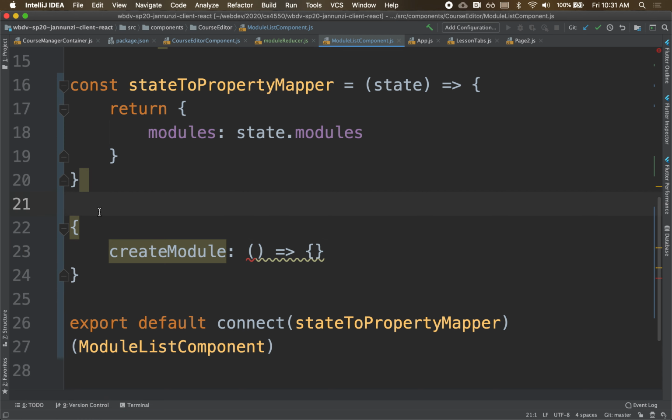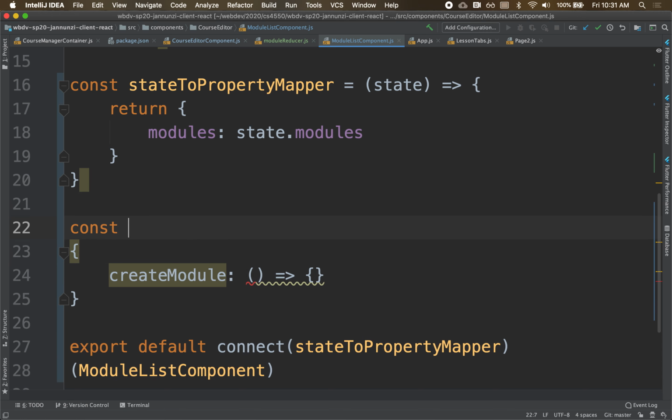So how do we do that? Well, it just happens that we follow the same thing here. We are going to create a const, the action of notifying the reducer. The action of notifying the reducer is called a dispatch. We're going to dispatch an event to the reducer. We're going to send an event to the reducer. So this is going to call a dispatch